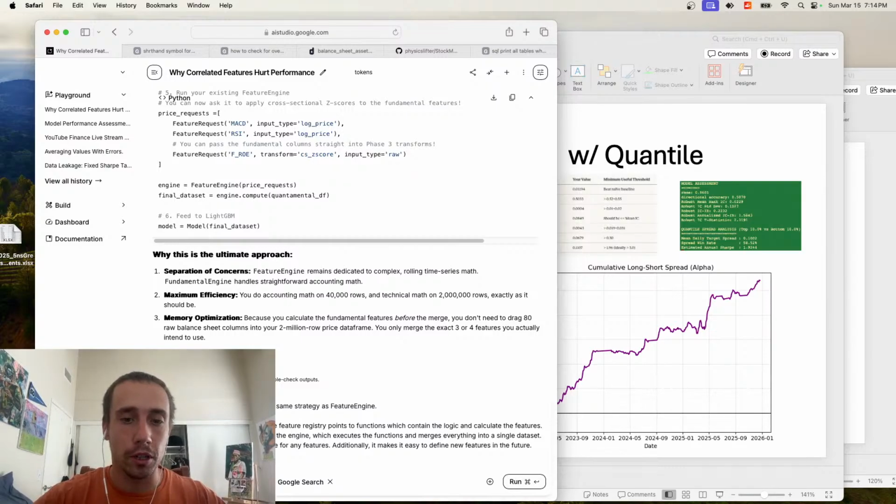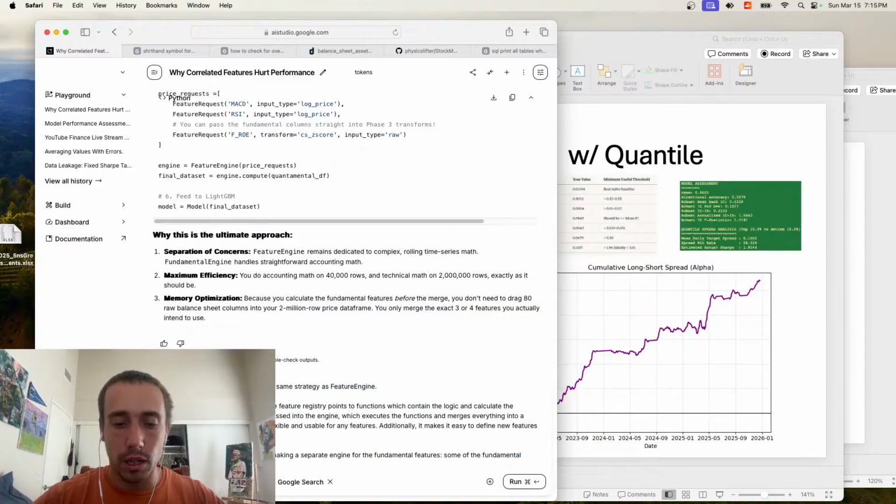Address this problem when it comes to making a separate engine for the fundamental features. Some of the fundamental features, like price to earnings ratio, require the price data and change every day.